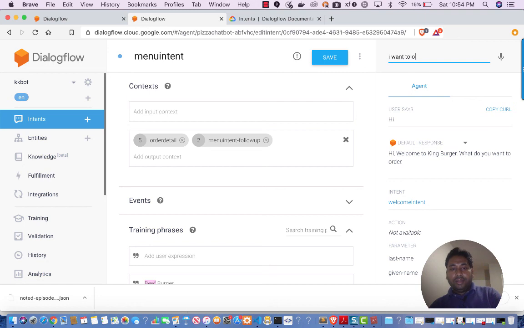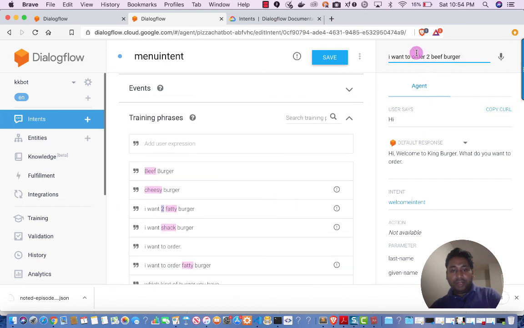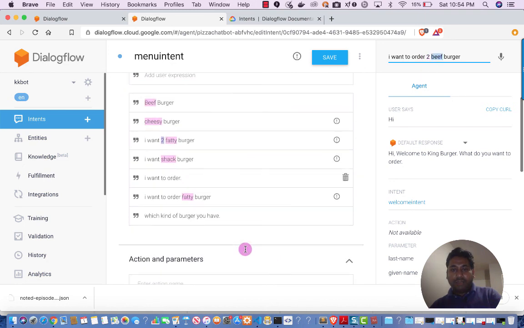Okay, so once I provide that, Dialogflow will extract this entity and be able to fill this parameter. Now the quantity is another important and required parameter. So it's asking how many burgers you want, which I have specified.